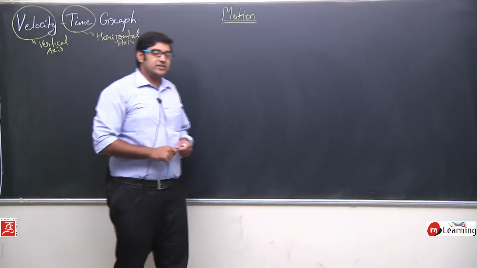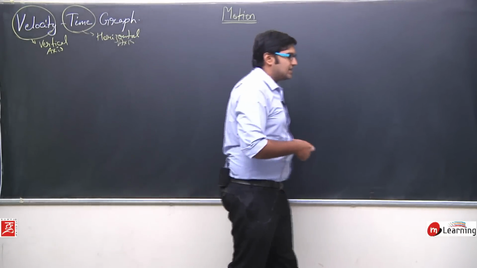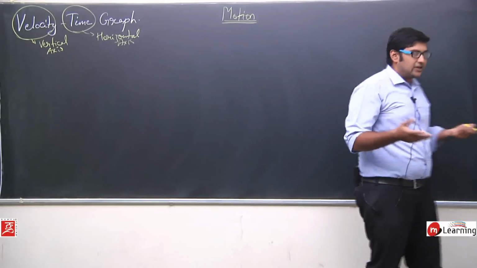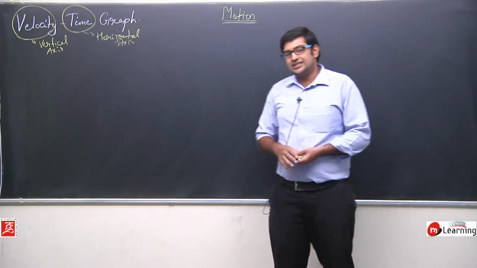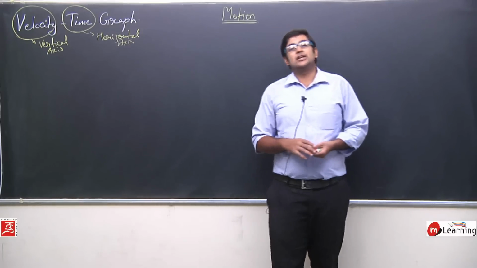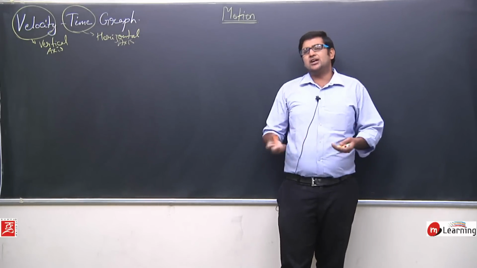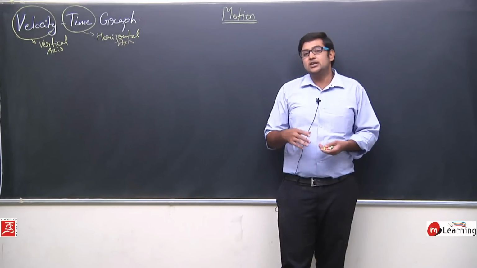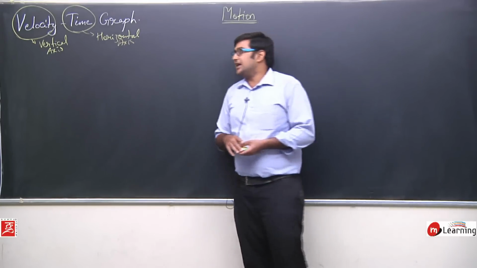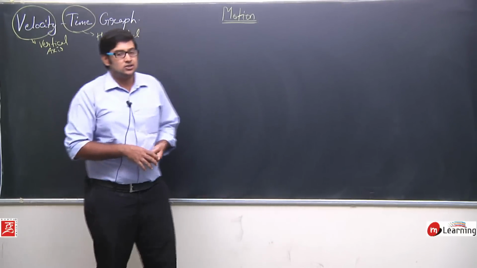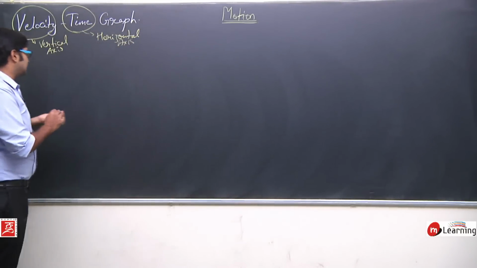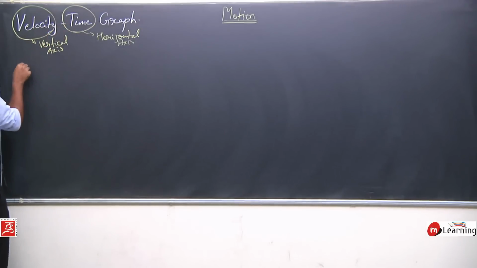Now as we have seen in the case of distance time graph, we have three different cases. One was when the body is at rest, second was when the body is in uniform motion, and the third was when the body is in non-uniform motion. In case of velocity time graph also, we have multiple cases. So let's discuss the first case in the velocity time graph, and that case is when